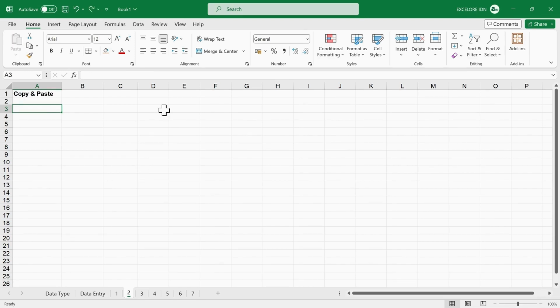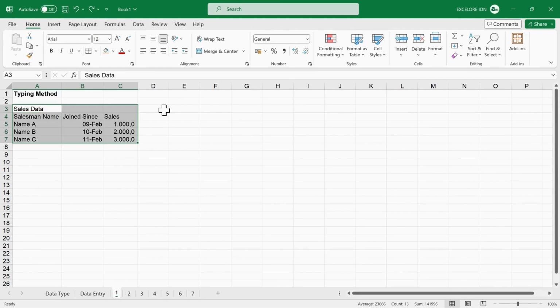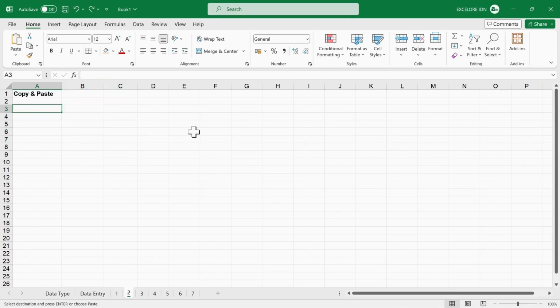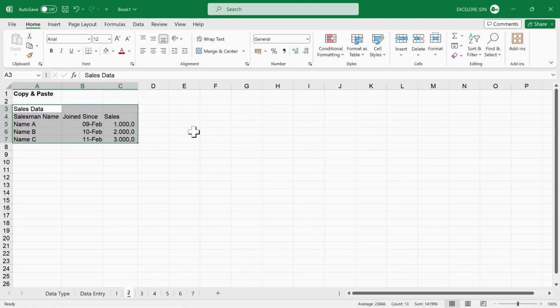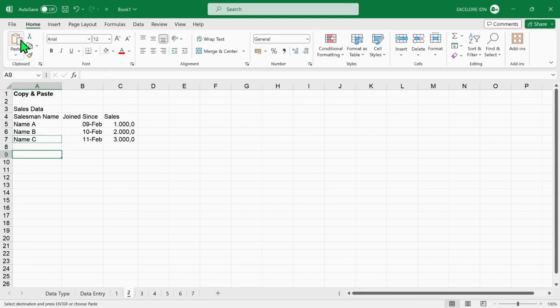To do this, we need to select pre-existing data. For instance, let's copy data from the previous worksheet. After selecting the data, we can press the copy button. Next, we need to choose the cell where we want to paste the data and press Enter. This will successfully copy the data into the selected cell. To copy the same data in multiple cells, select the cell of the data to be copied, then select the target cell. Then click the paste button as many times as needed.